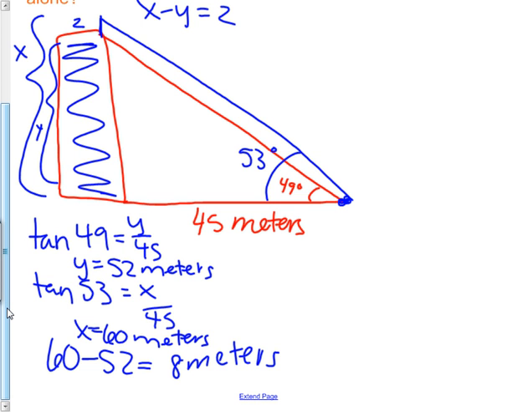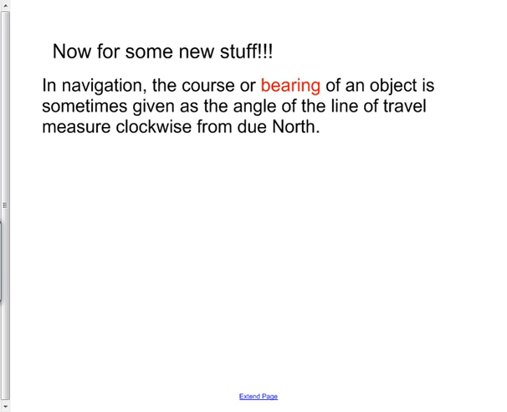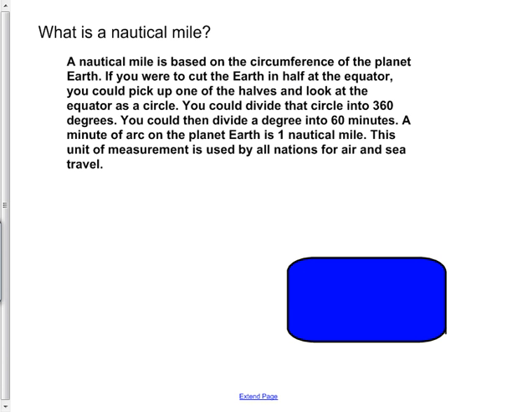Okay, so let's move on to the new stuff. Today we're going to be talking about a bearing. And a bearing is the angle in relation to going north and moving clockwise. So when we're finding a bearing, we're finding the degree measure, and that's how far we have to travel. So to break it down and explain it a little bit better,